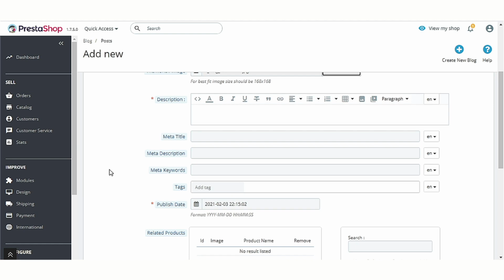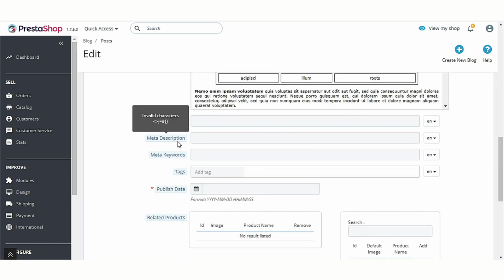Enter the description for the blog here. In these fields, admin has to specify the meta title, meta description, and keywords for the blog.